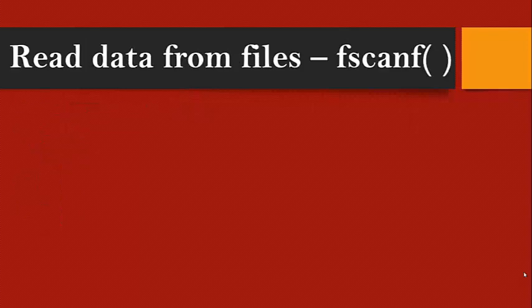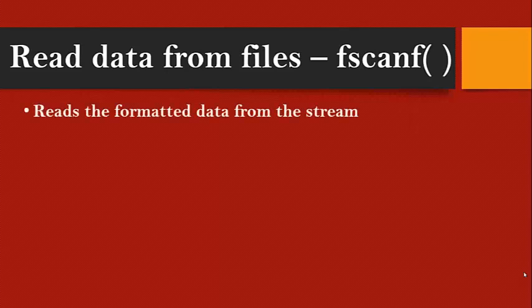So the fscanf function is going to read formatted data from the stream. Whatever data you are trying to pass from the user during runtime should be formatted in terms of the character format, and the data received from the user through the input keyboard will be channelized through the stream.